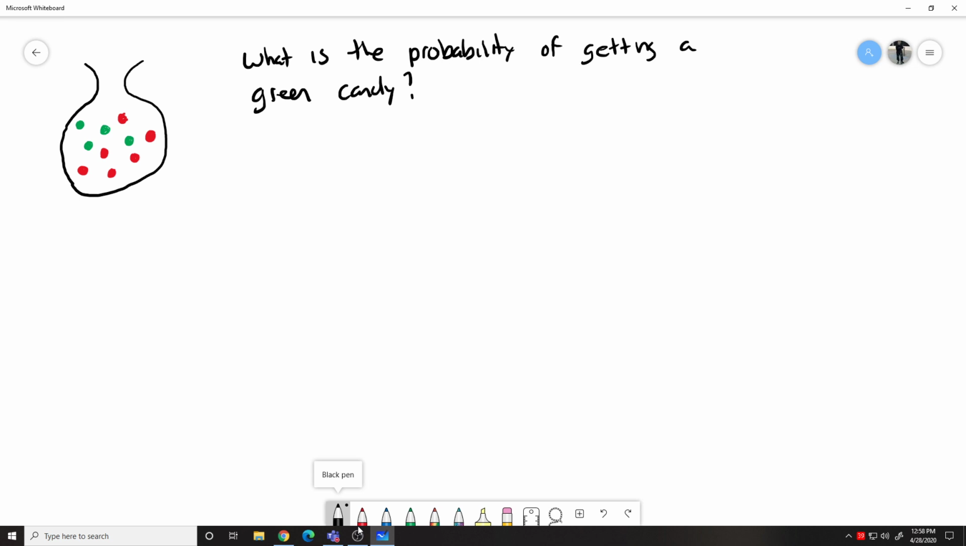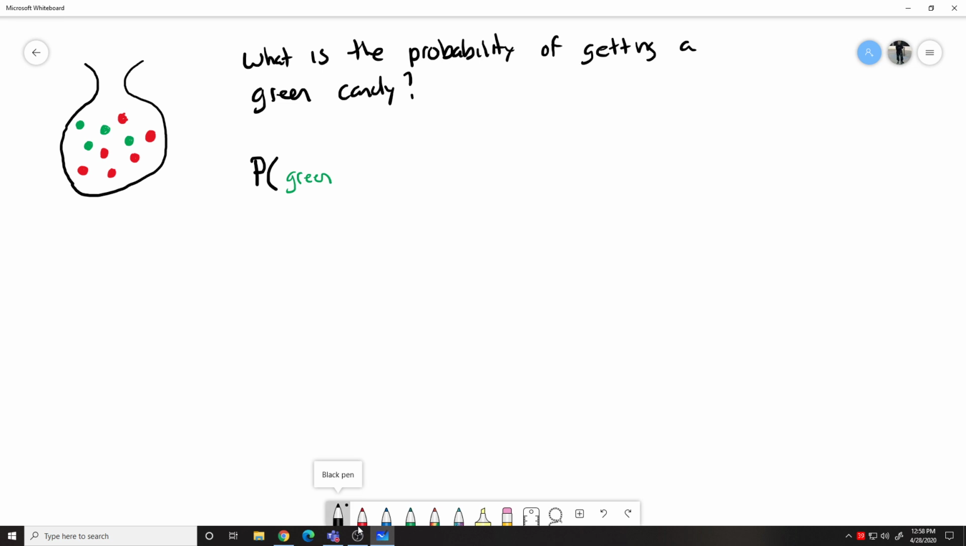What's the chance that I pull out a green candy out of this bag? All right, so I don't know why I keep hitting that. So we're going to do our formula. We're going to do the probability of getting a green,